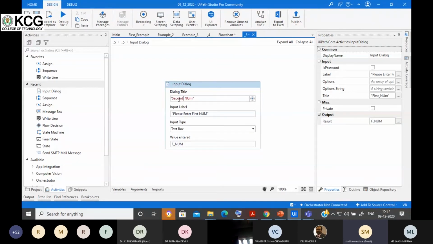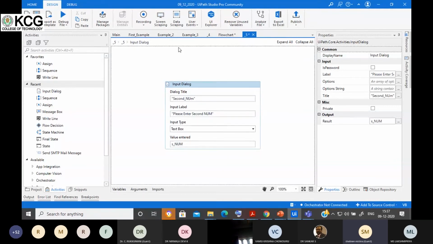That is why I simply copied with Control C. Okay, so this is the second number, and here instead of the first number I'll ask the user to provide the second number. I'll create the variable here as second number.